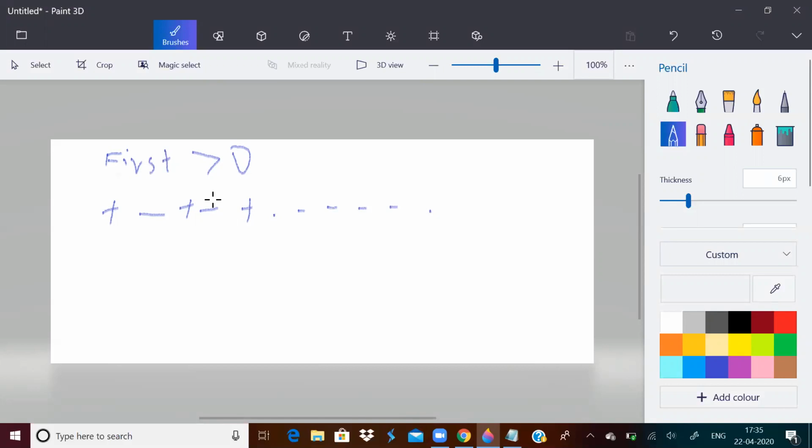So if the first term in the sequence is greater than 0, I should find this sequence. Why am I finding this sequence? I want maximum by length.